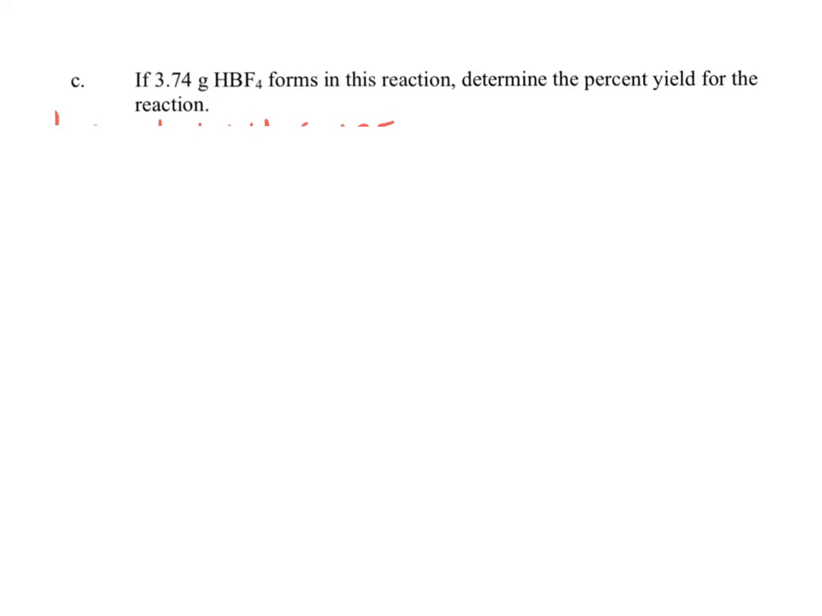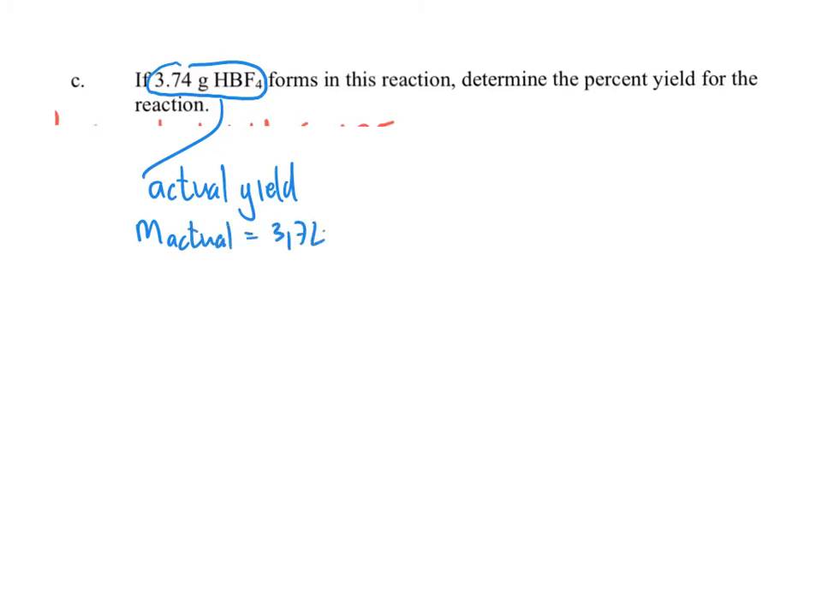So now if we look at the C question, it asks if 3,74 grams of HbF4 forms in this reaction, determine the percentage yield for the reaction. Now, the 3,74 grams is in actual fact the actual yield of HbF4. That's the actual amount of HbF4 produced. So if we write this as the mass actual as 3,74 grams,